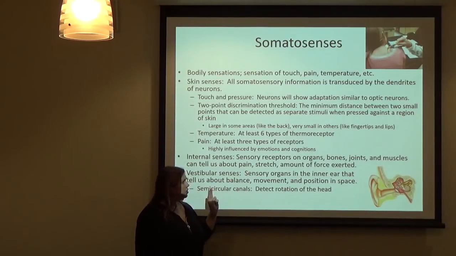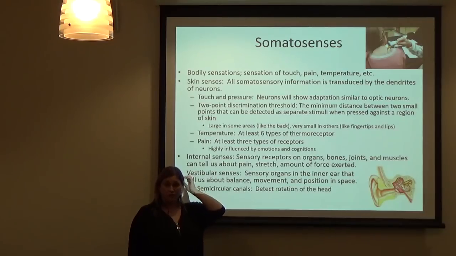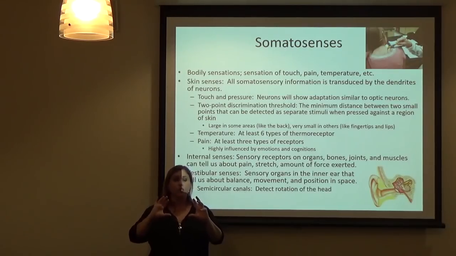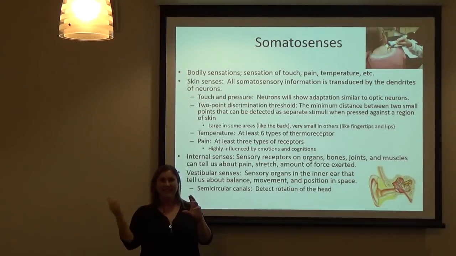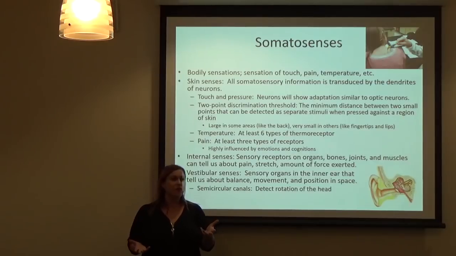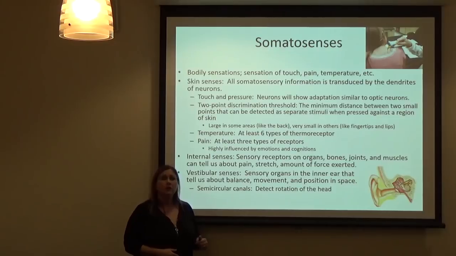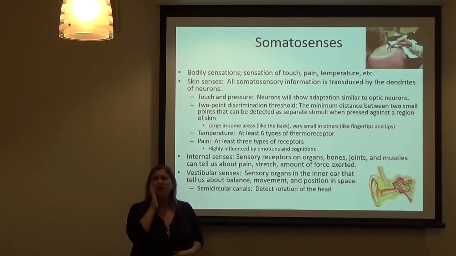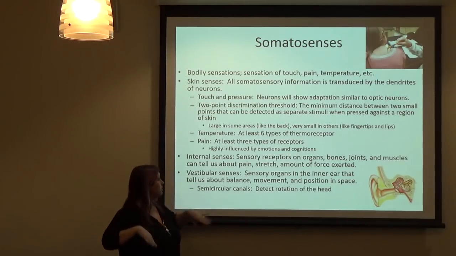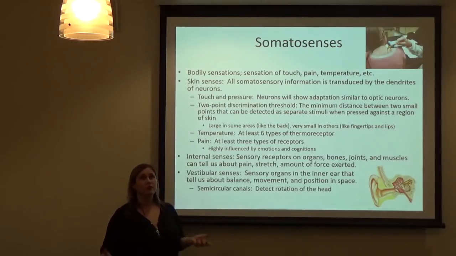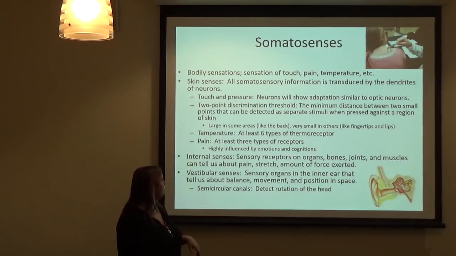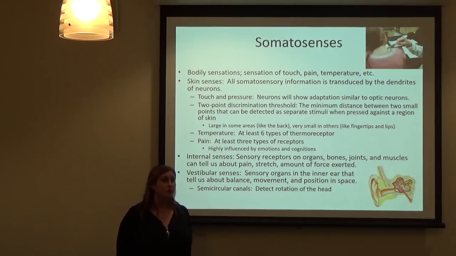And when you drink alcohol, the alcohol poisons the fluid inside your vestibular system. And so it can send a message to your brain that you're spinning when you're really not spinning. That's why you get the spins sometimes when you're drunk, because you've poisoned your semicircular canals. So drink a lot of water and try to flush your system as much as you can. Other than that, you just have to wait. But that's what's happening when you get drunk and get the spins.